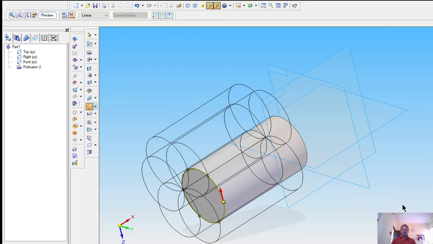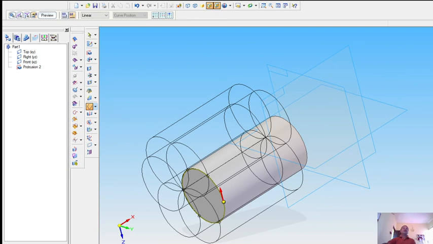On which side it is to be selected, that arrow mark is to be selected on the features. So that creates 6 patterns along the curve or selected circle. So this is how the pattern along the curve is to be created on the selected feature or on the selected cylinder.